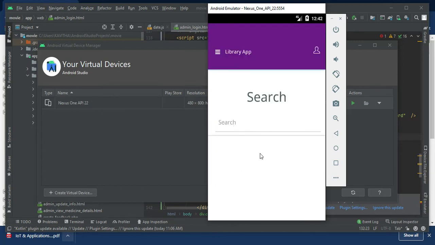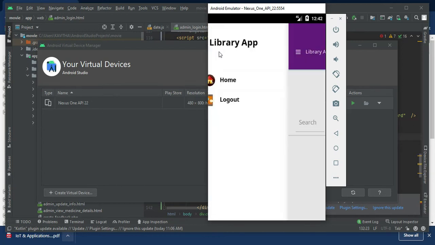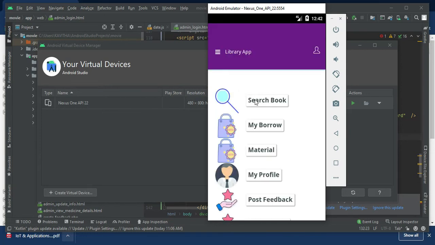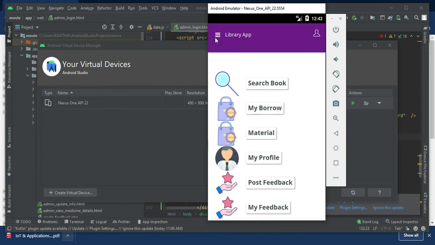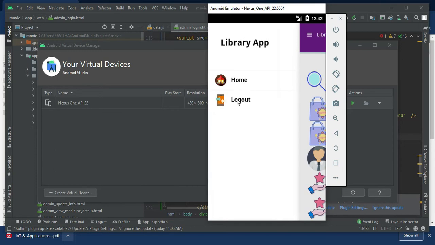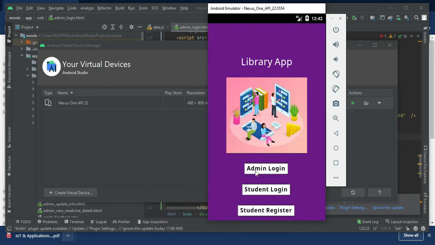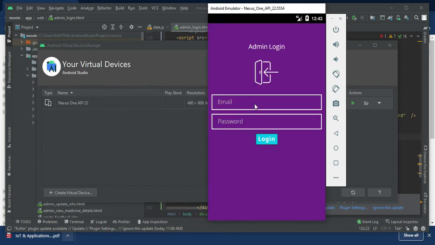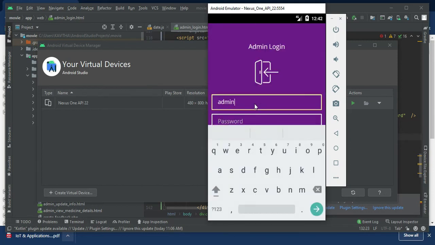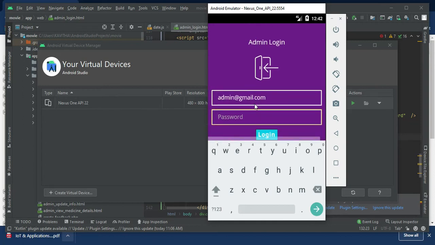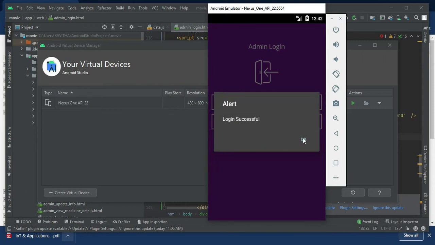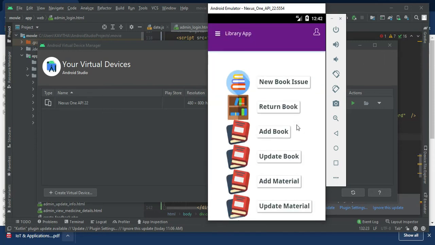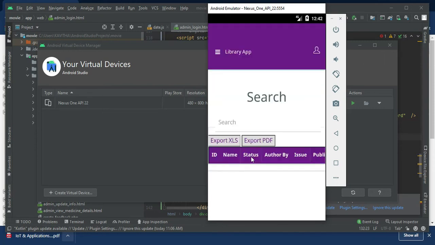Whatever you have borrowed will be available in the my borrow option. Okay, so you have not borrowed anything. So let's borrow a book. Go to admin@gmail.com. We will issue a book for the new account.